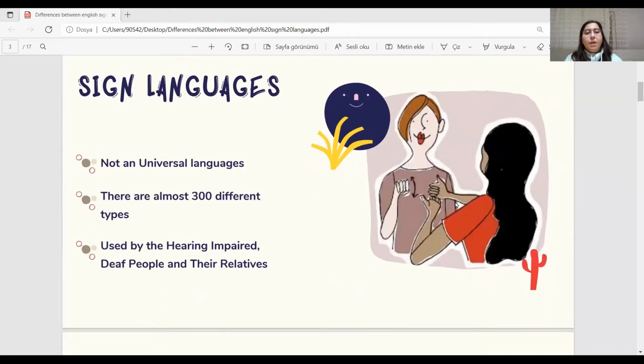Let's look at the meaning of sign language first. Sign language is a visual means of communicating through hand signals, gestures, facial expressions and body language. It is a language system used mainly by those who have a hearing impairment or are deaf. Many people are under the misconception that sign language is universal, but there is no single sign language used around the world. Like spoken language, the manual language differs significantly from one geographic region to the next.